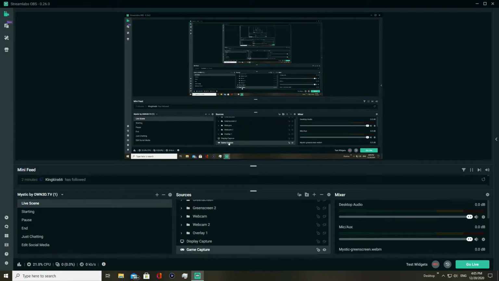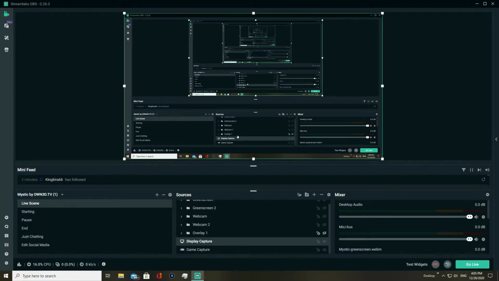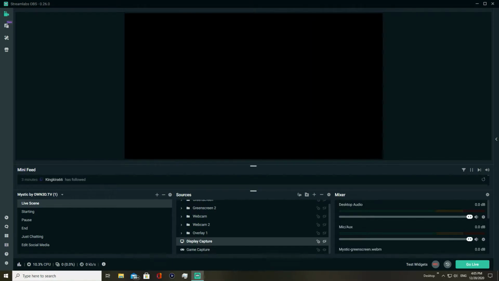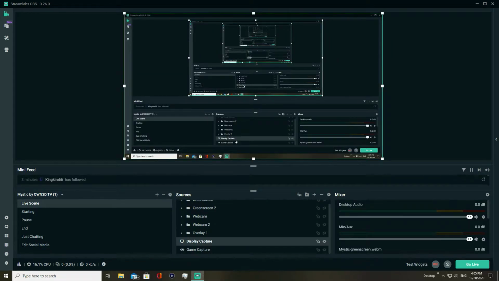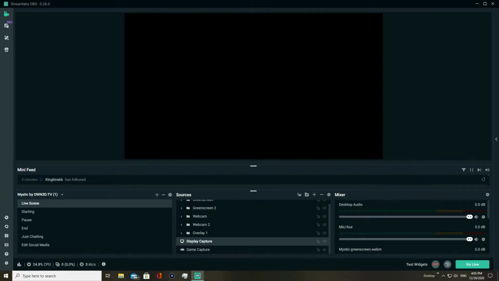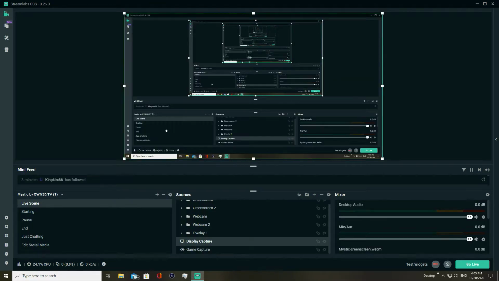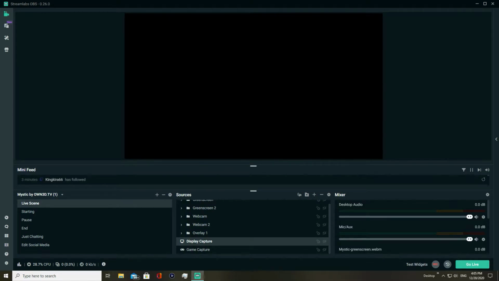else. Now the display capture and the game capture, it doesn't really matter what order they're in, because you have this handy dandy icon here which allows you to hide and show anything on your screen. So if you're playing a game and you don't want your browser to be showing at that point, you can just hit this and the display goes away and the game capture would be there. If the game capture is not something you want to be shown, or it's not really working, I would just hide this and show your display. This is a very handy tool to be using if there's multiple things on your screen. And if you're operating off of one screen, this is also really helpful, so that way you don't have multiple